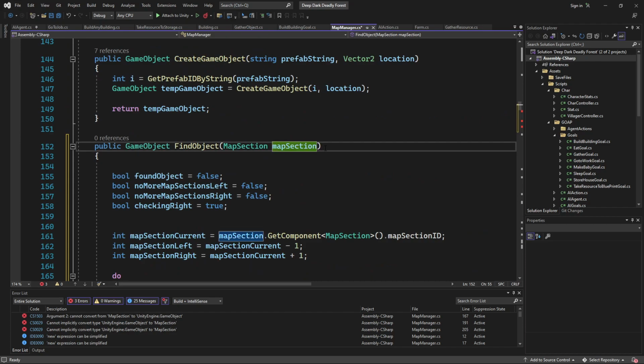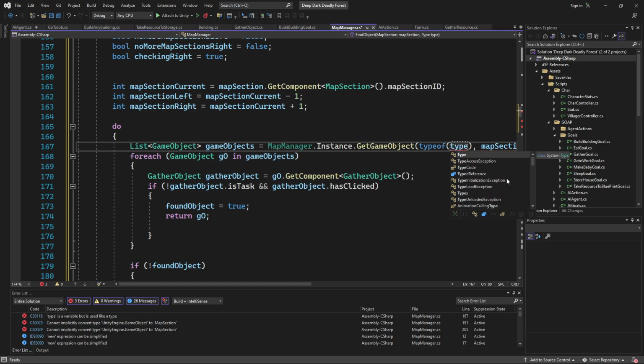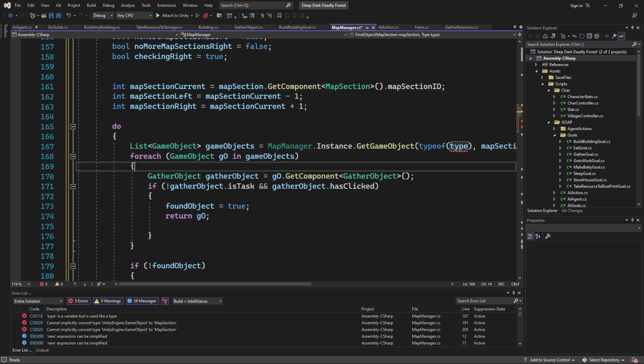So what we need to do is just get a type, and then when we get the type of gather object, we'll get the type of type. Okay, how do we